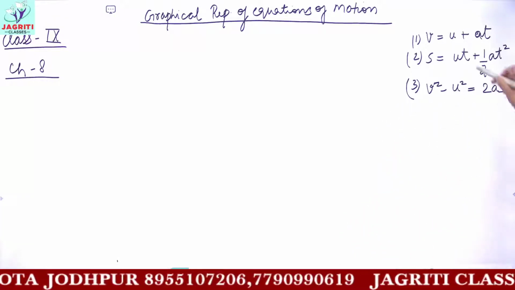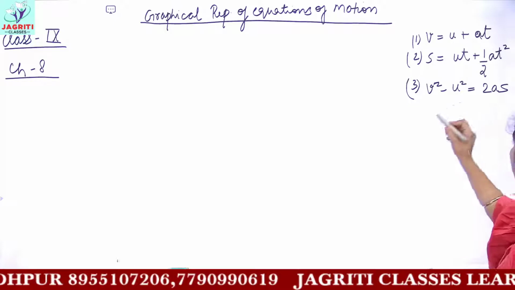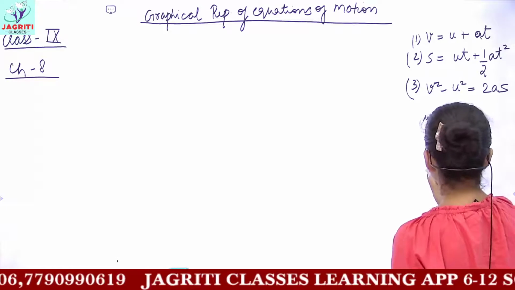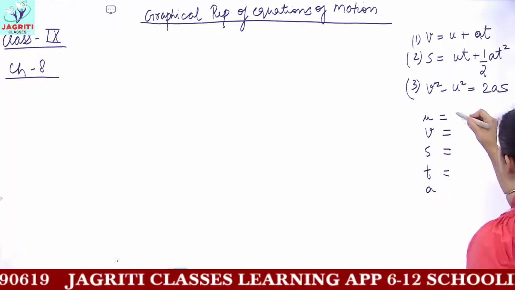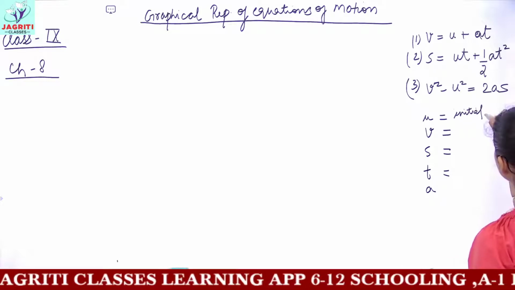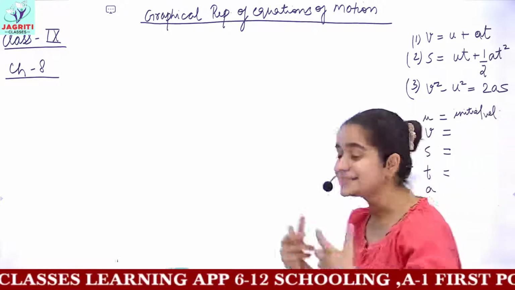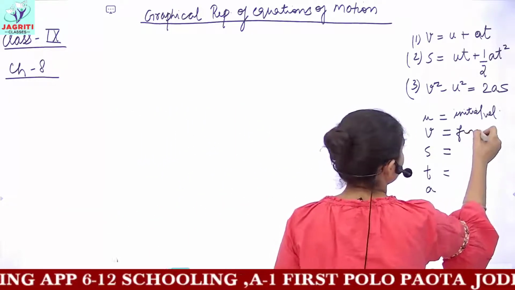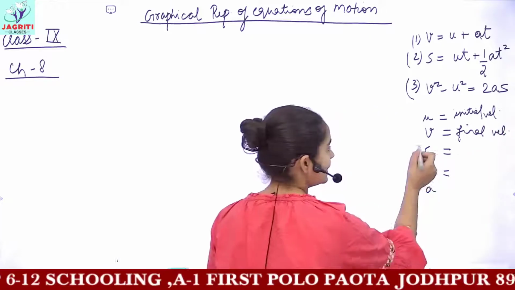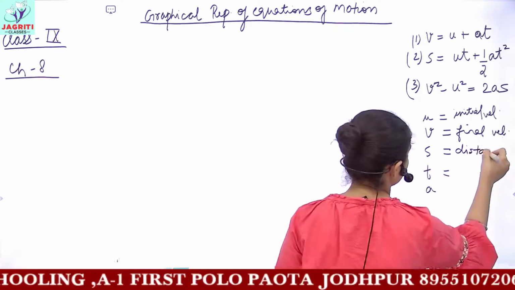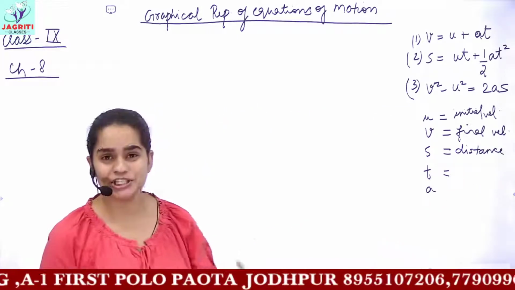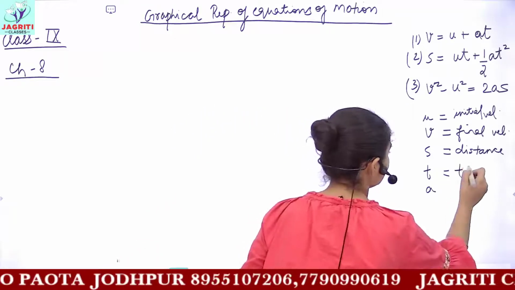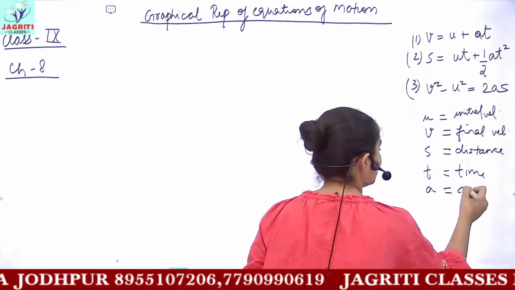And I told you here the symbol V means final velocity. You have symbols like U, V, S, T and A. So U is your initial velocity, that is the velocity when the object is starting its journey. Initial means the starting velocity. V here represents final velocity. Then S represents the distance. You can call this S the position, but here S represents distance in mathematical form. And T gives you the value of time, whereas A is your acceleration.